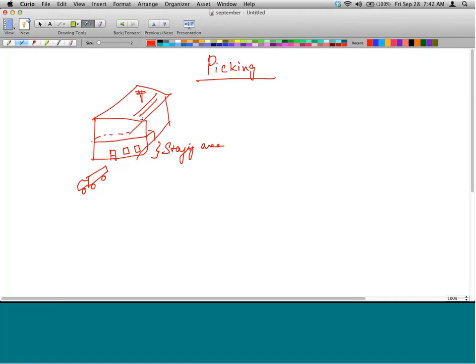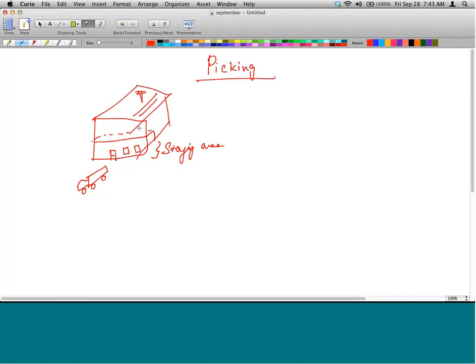But imagine a warehouse that is just meant for storing goods. It will be much bigger and much more complicated in terms of how goods are picked and how many racks they can store the goods on. In Costco, although they store the goods on 4 or 5 different racks up above, you are not really supposed to go up and break those things down, because we as customers cannot go and do all that. So in a warehouse, yes, the person has to go up and get the goods from there, because that's their role, that's their job.